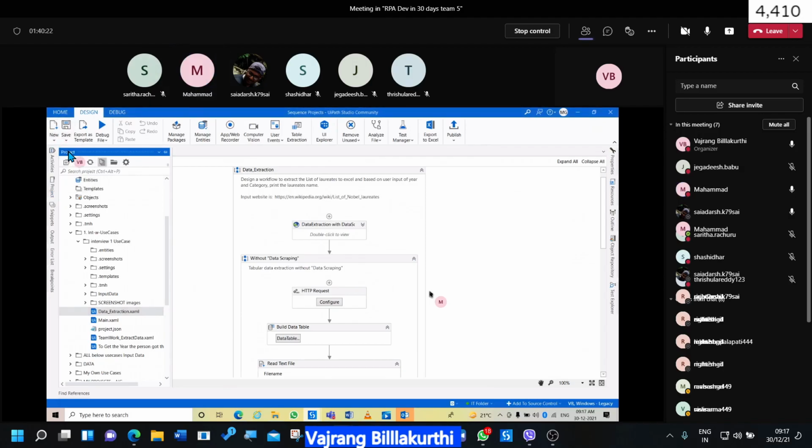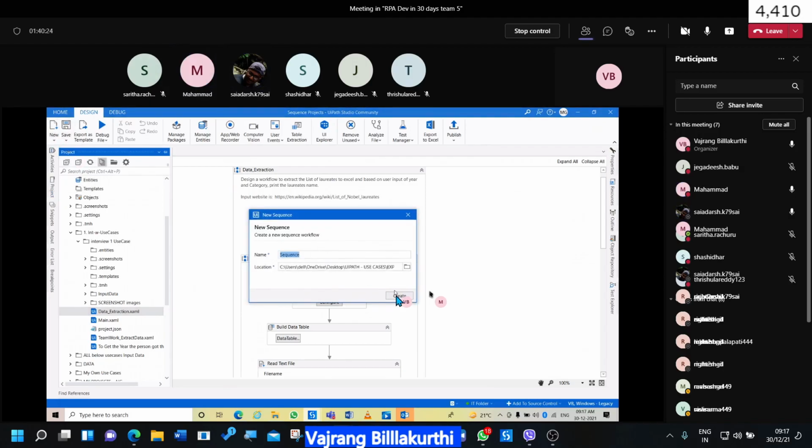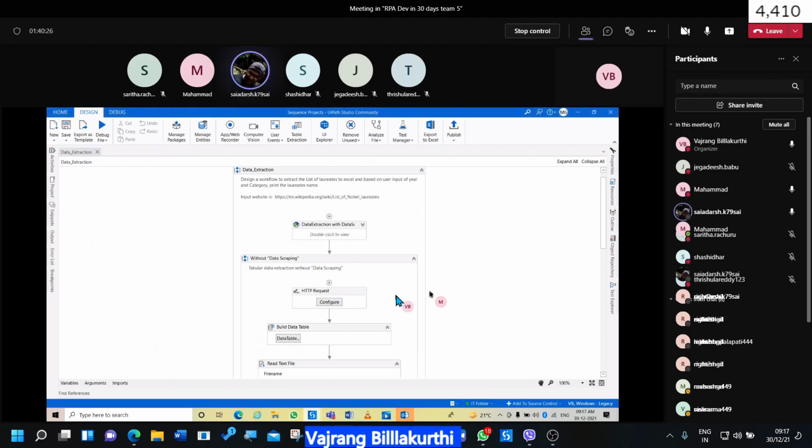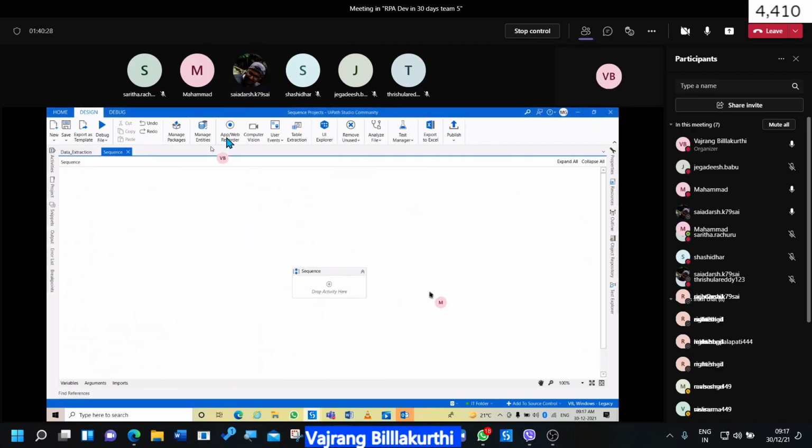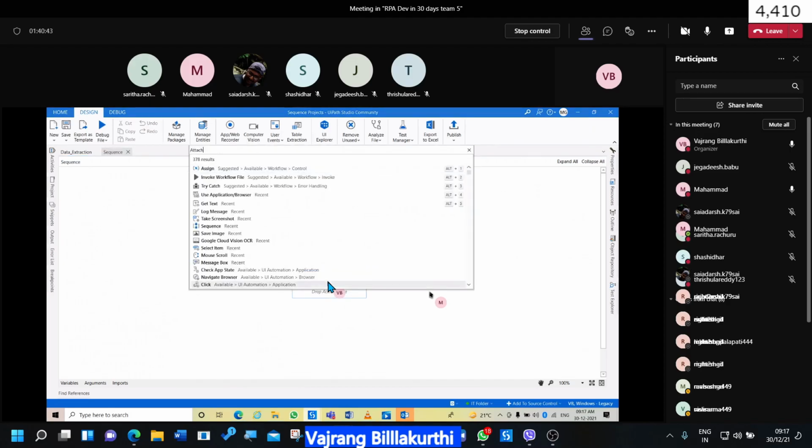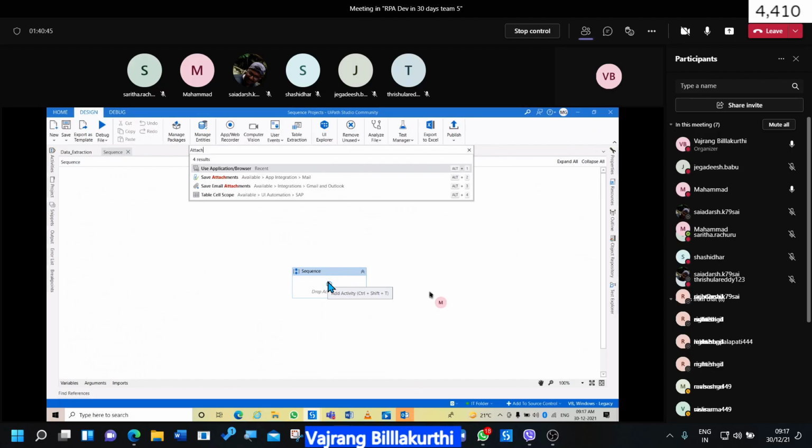Okay. Sequence. Okay, let's create it. What you want, you don't want to use the table extraction method, but you still need to have the data. That's what you're telling, right? Yes, Vajrang. Okay, attach browser. Application or browser.